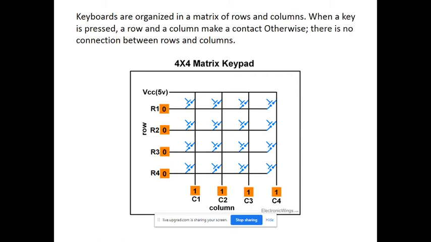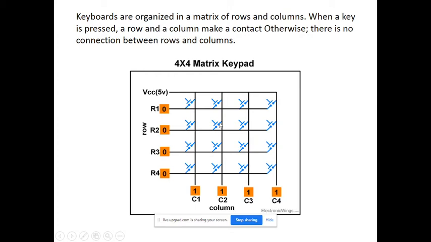Once we are getting all ones on the column side, we confirm that all keys are in a release form. Suppose any key is faulty, for example this key, then this column becomes 0, because this column is connected to the row, and at the row side there is already a 0 value.